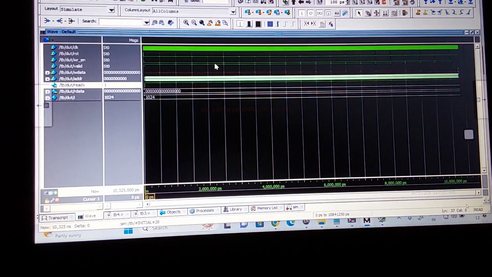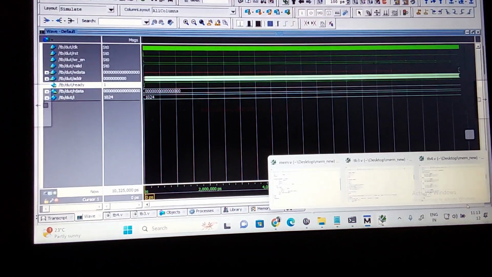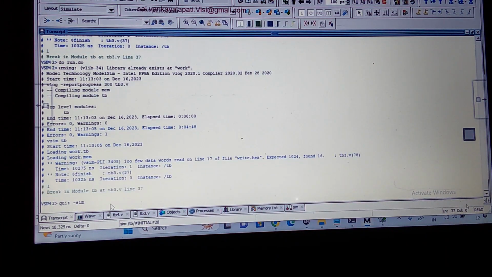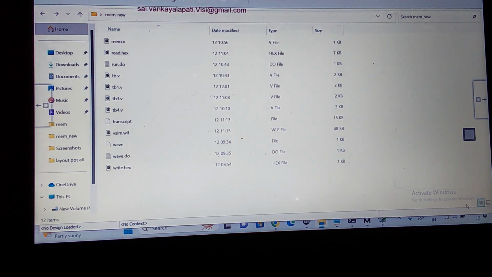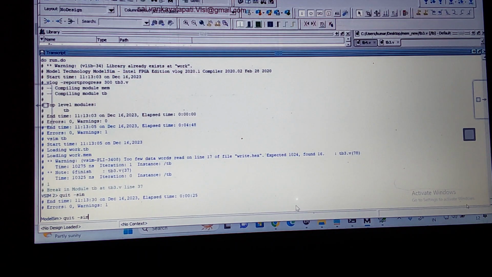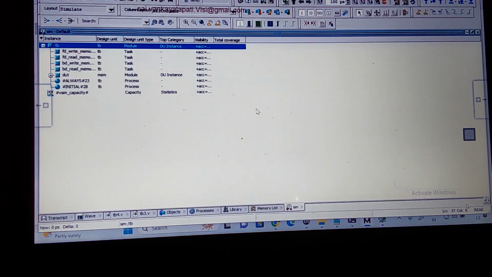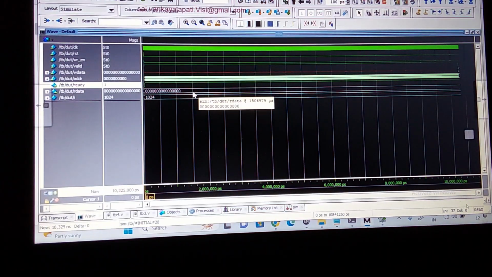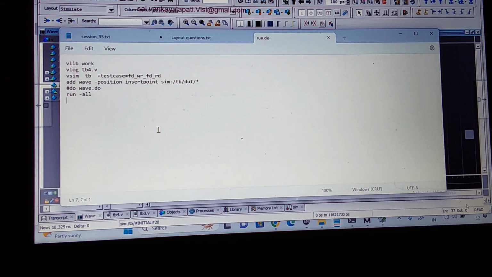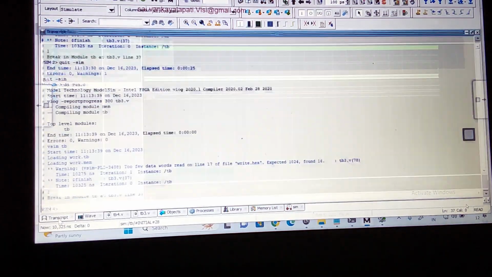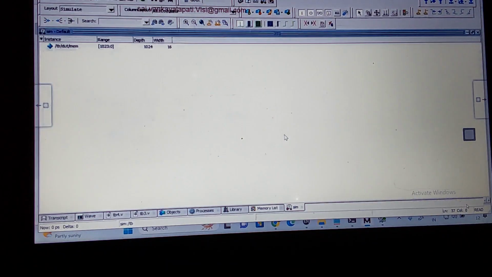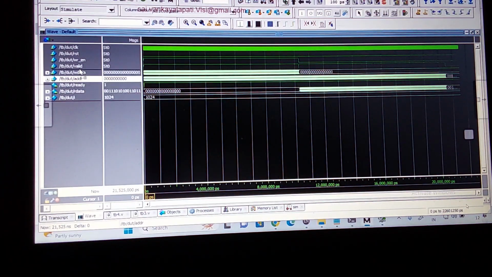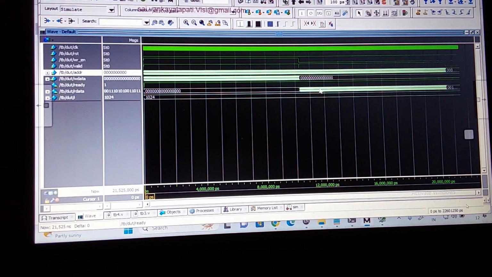Now I'll be getting the frontdoor read, and let us do one thing. Let us create a sim. Type sim, and let us remove the work library. Now let us run this. Which one is happening? What is the test? Okay, I think I have not saved this. Let us save this one. Now it is happening. This is my address. The type is 1024. This is my read operation. Let us keep this value here.